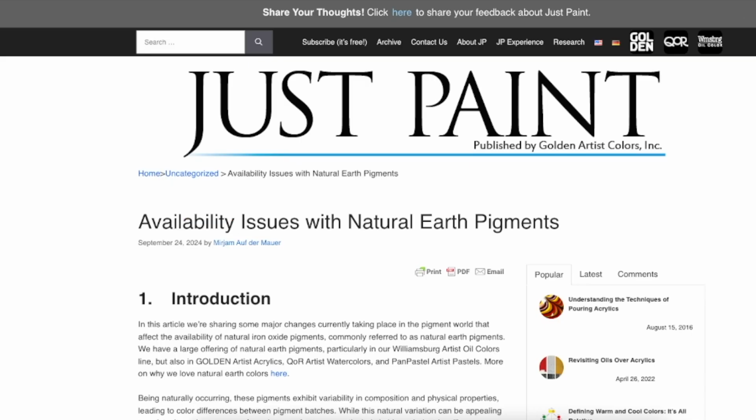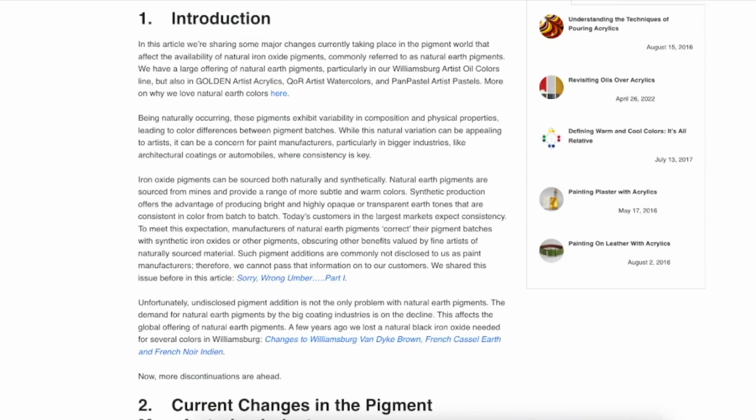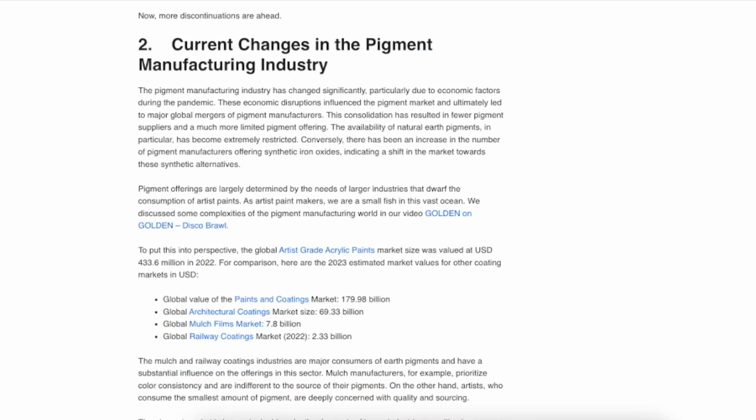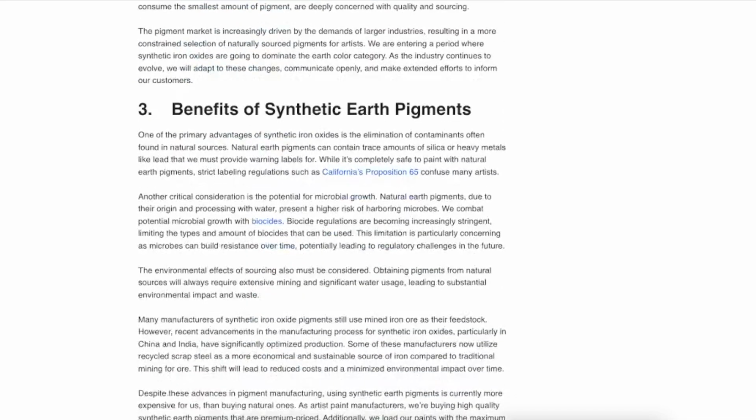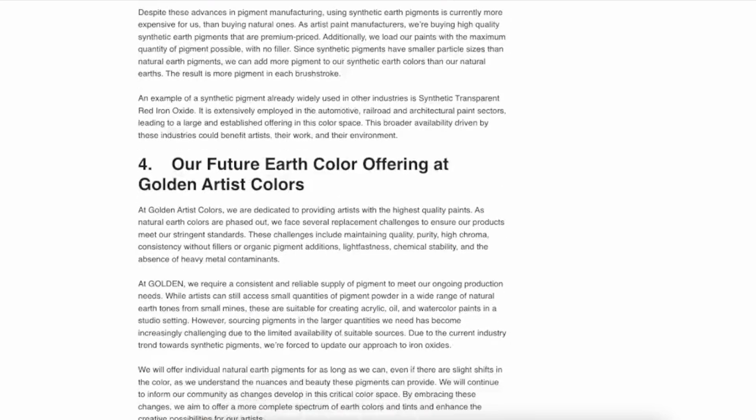That's it for the new-ish colors. I have a couple of extra things that I want to mention. The first of them is a really interesting article on Just Paint. Just Paint is the publication from Golden Artist Colors. Golden, for us in the watercolor world, they're the ones that make the core watercolors. And they've posted this really interesting article back in September, but it refers to some availability issues with natural earth pigments. What that means is that yellow ochre, Venetian red, burnt sienna, all of these earth hues